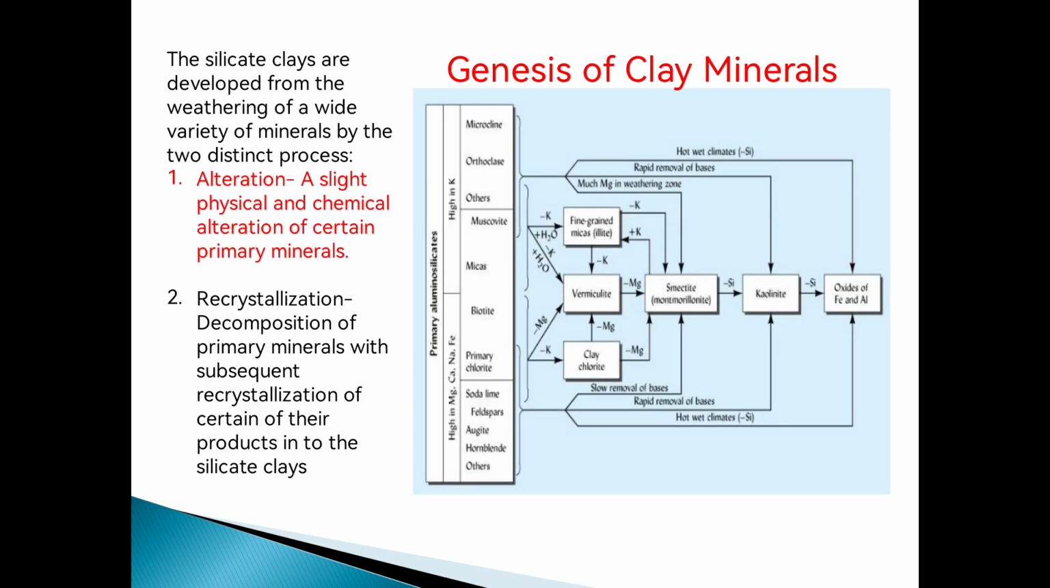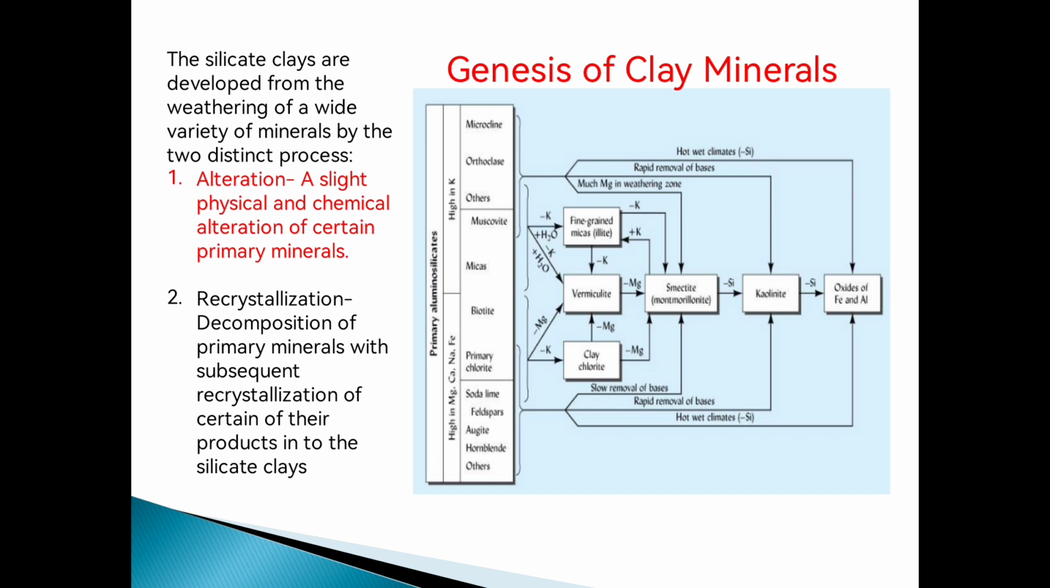Now, the genesis of the clay minerals, how they are being formed. The silicate clays are developed from the weathering of a wide variety of minerals by two distinct processes, which involve alteration and recrystallization. When we say alteration, there is a slight physical and chemical alteration of certain primary minerals. And the second process is recrystallization, the decomposition of primary minerals with subsequent recrystallization of certain of their products into the silicate clays. So when we look at the table, the figure,